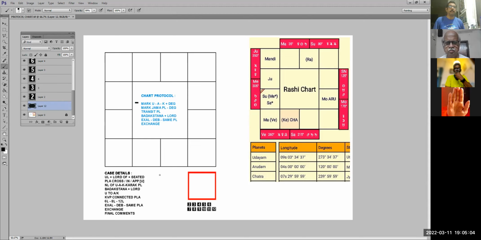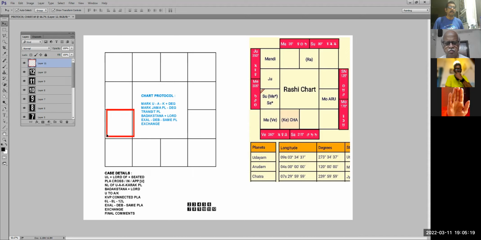So first point is mark the Udayam, Arudam, Kavipu. Okay. Now Udayam is marked like a cross sign over here. There's something like this, let us say. I don't do it that way. You can do it this way also if you want. What I do is I mark that thing with a thick sketch pen, because practically speaking, Udayam becomes the total start point of everything. So if you see here,